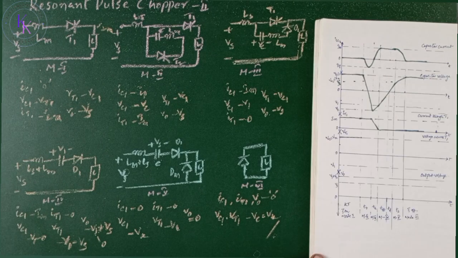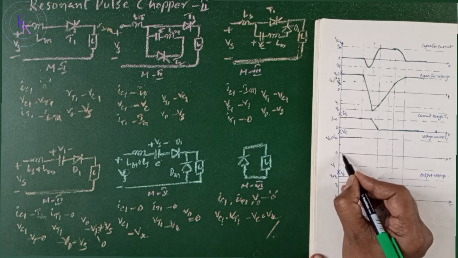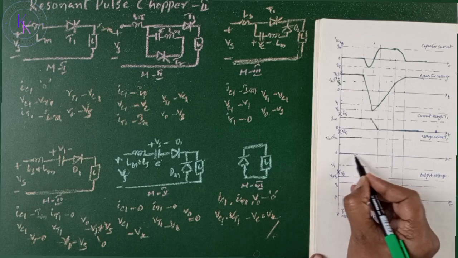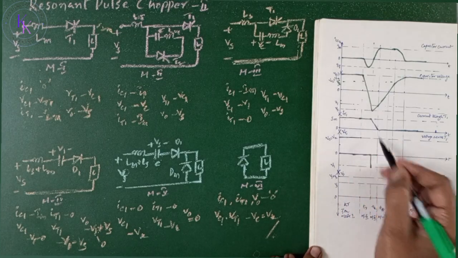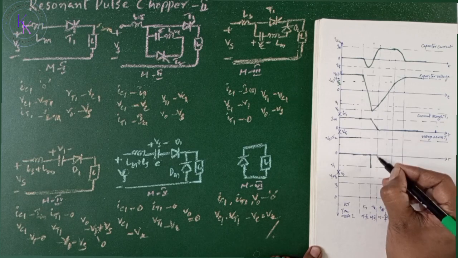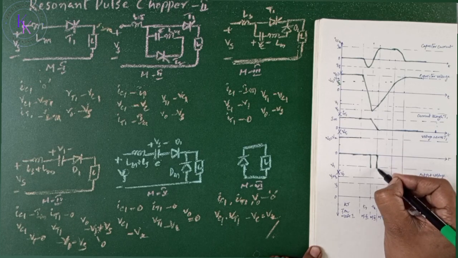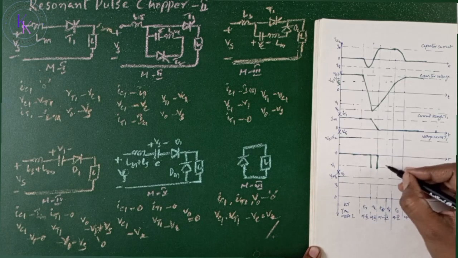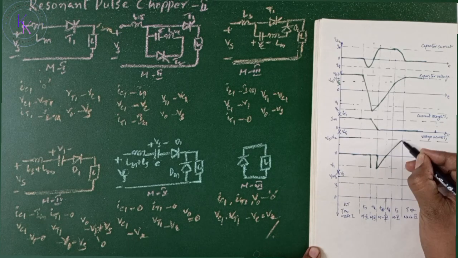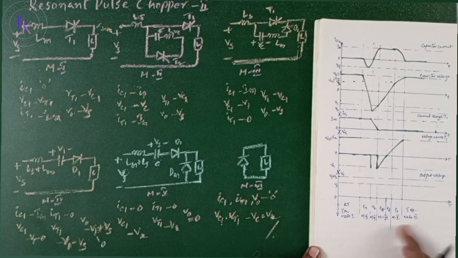Voltage across the thyristor T1 will be 0 as the current flows in mode 1, mode 2 and mode 3. So when the current across the thyristor T1 becomes 0, the voltage across the thyristor will be at minus V1. From here, the voltage is going to reach Vc during mode 4, mode 5, and